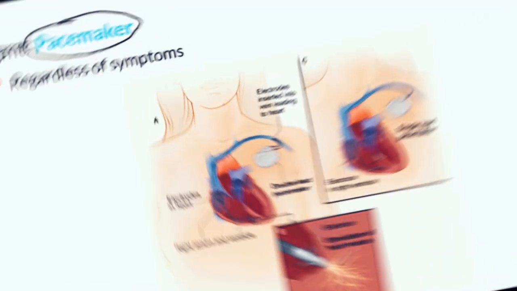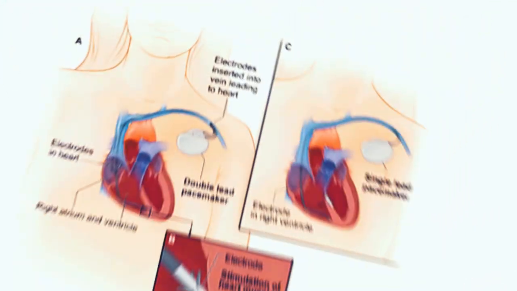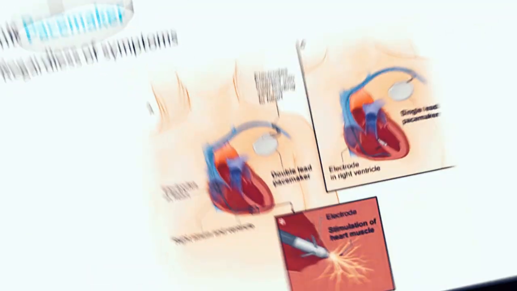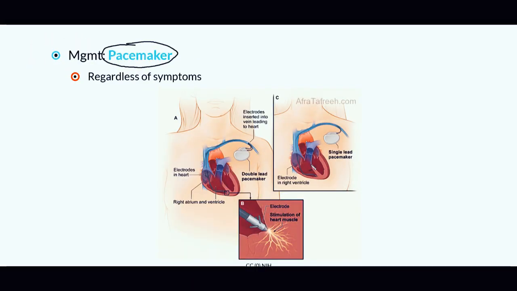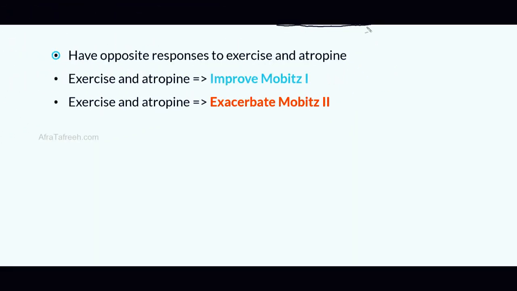And therefore this distinction that in Mobitz type 1, generally we are not going to need to perform any intervention, whereas in Mobitz type 2, we are going to need to put in a pacemaker is an extremely important distinction to keep in mind. In addition to the different EKGs between Mobitz 1 and Mobitz 2, as well as the fact that we are going to manage patients with Mobitz 2 with the use of a pacemaker regardless of symptoms, there are also some differences between these two types of second-degree heart block when it comes to their responses to